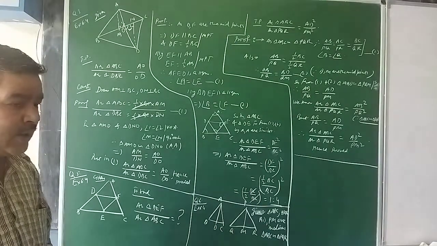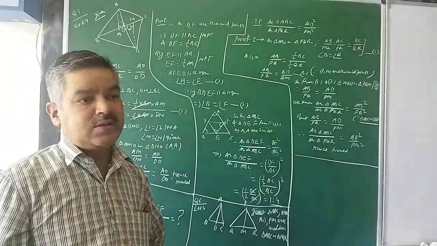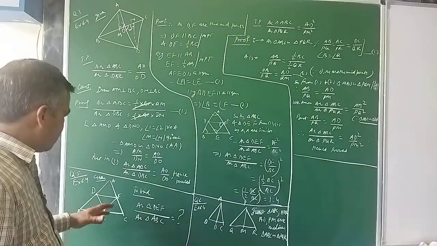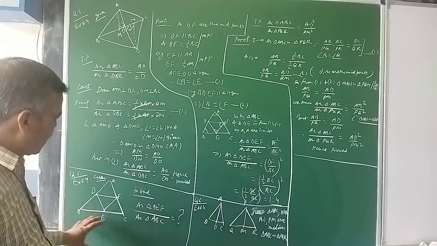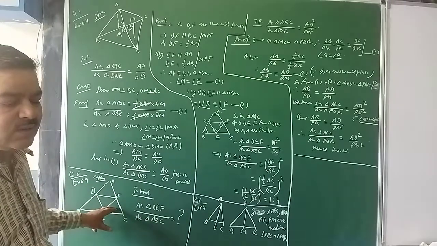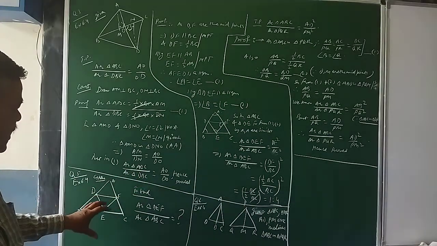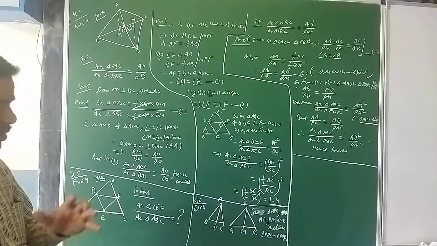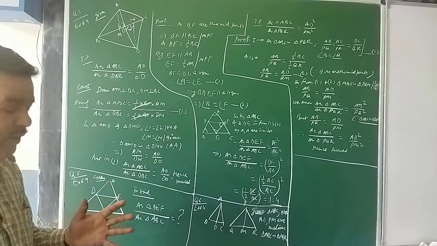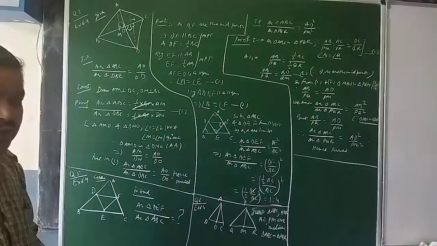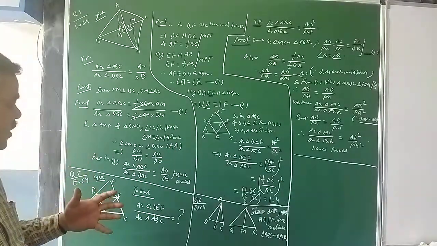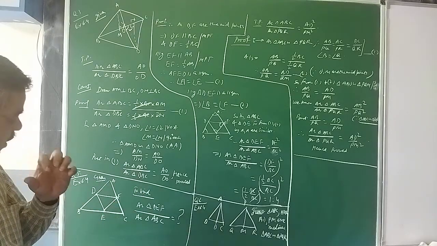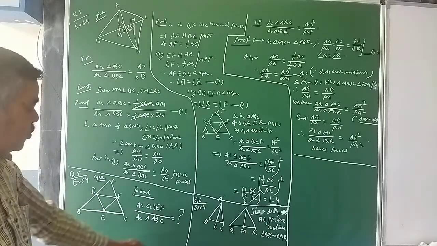So if you recall class 9, where you did the applications of midpoint theorem, it was proved there that when we join the midpoints, the whole triangle is getting divided into 4 triangles which are congruent to each other. So finally I said that area of the one triangle is 1 by 4 of the area of the whole triangle. So the answer is already available with me. I know that very well. The ratio will be equal to what? 1:4. But there it was an application of midpoint theorem. Now the question is added to your area theorem. So how can I make use of area theorem here to prove the same?